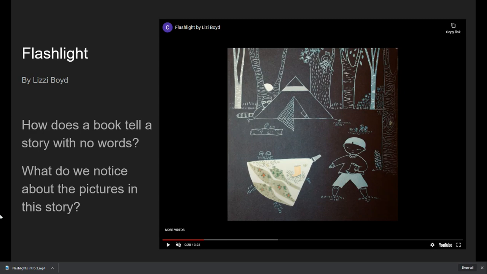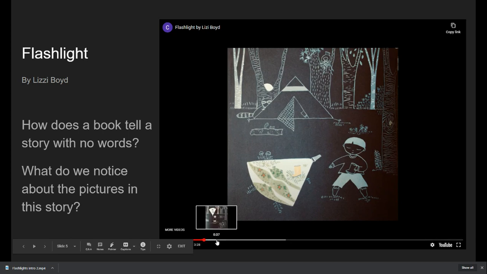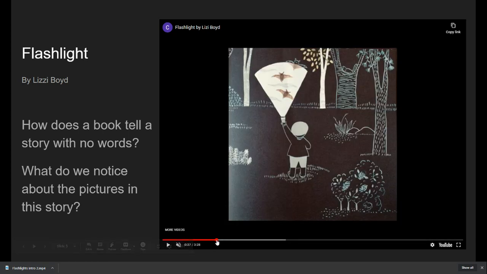little boy who is in the forest and he's probably camping, as I can tell from that tent being in the background. So, we see this little boy and he's just exploring the forest using his flashlight. So here we can see the little boy again, and he's looking at bats, and everything under the flashlight is